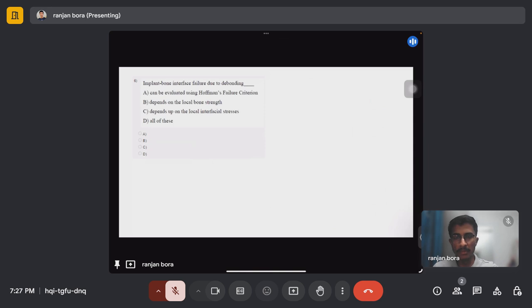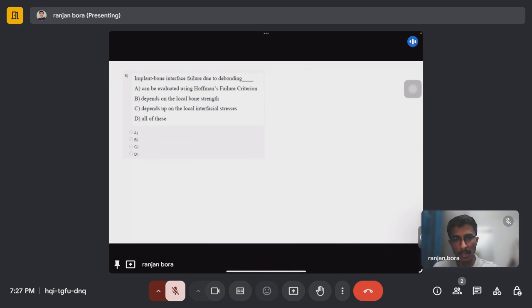So we can treat the implant bone interface as a composite material, because you can see if this is a hip implant, and the surrounding bone, this is bone. So these two have different material properties. Like if the implant has Young's modulus of E1 and the bone has Young's modulus of E2, so we can treat this system as a composite material,